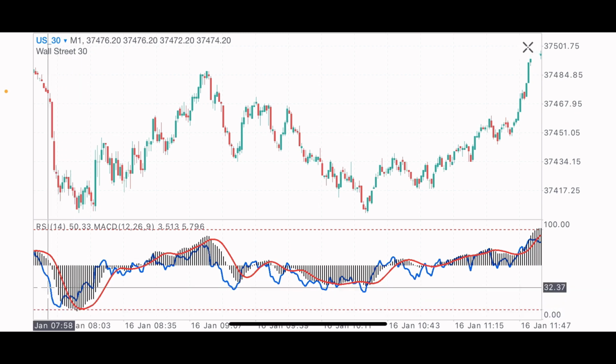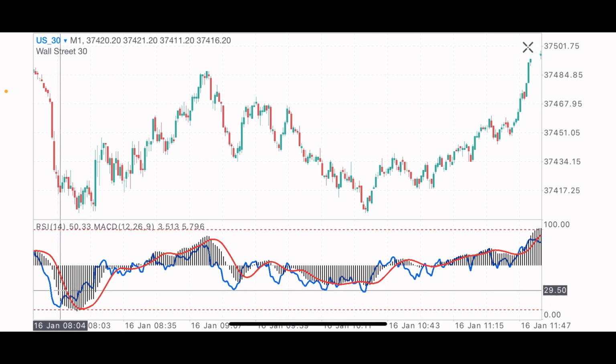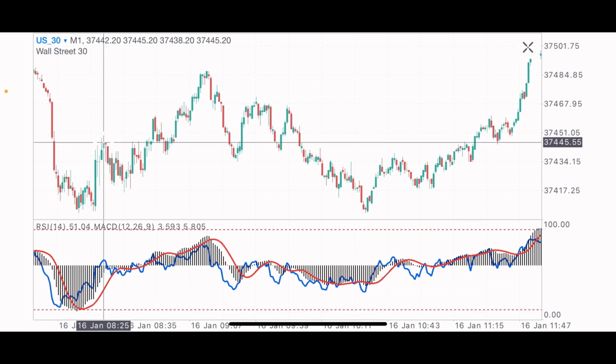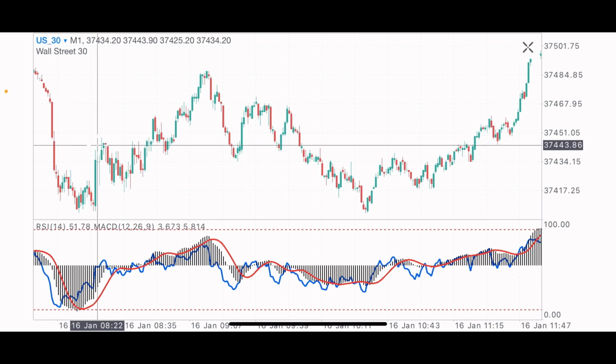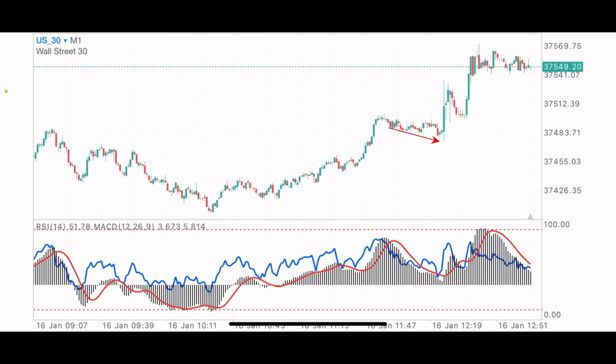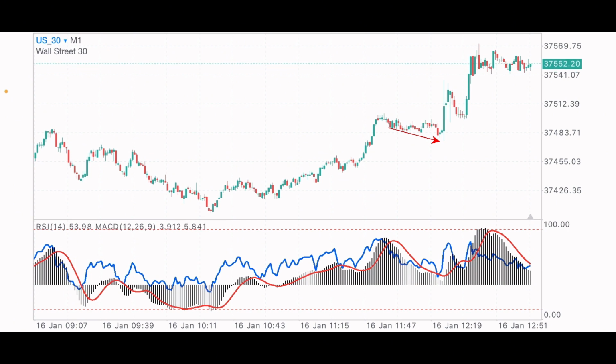So this is the 10 level, and this is the price. The MACD is the price. When it gets to this point, the market will buy, and you make a good entry and you make good profit from the market. So before you place a sell or a buy, what you do first is to confirm the higher time frame. The reason I said you should confirm the higher time frame is because the market might